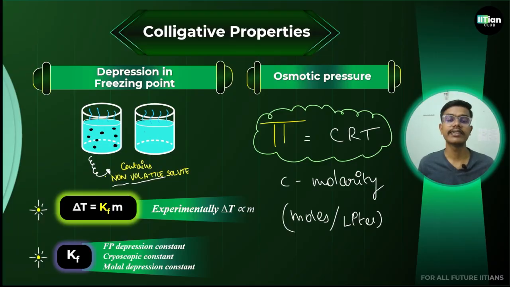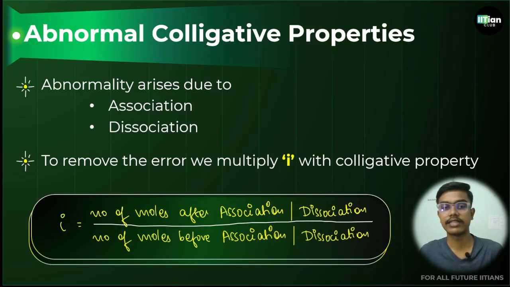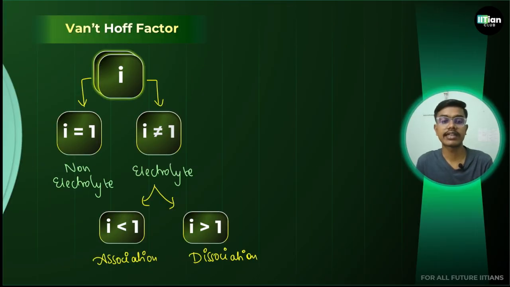C is molarity. Now there's a case where abnormality occurs, that is, let's say you have a molecule dissociating into two, or there are two molecules and they are associating into one. Because colligative properties are properties that depend on the number of particles. They do not depend on the nature, they depend on the number. So when association and dissociation happens, some abnormality occurs. So to remove the error, we multiply by i. i is the Van't Hoff factor. For a non-electrolyte, non-electrolyte in the sense it does not dissociate or associate,